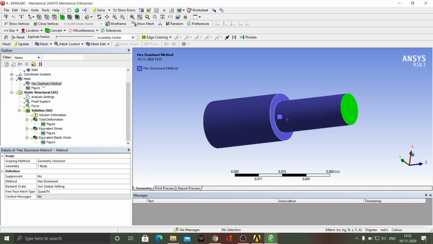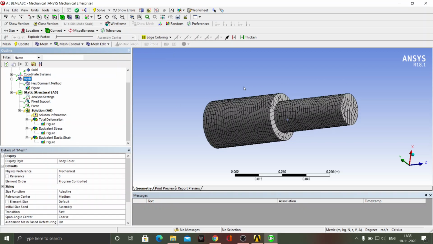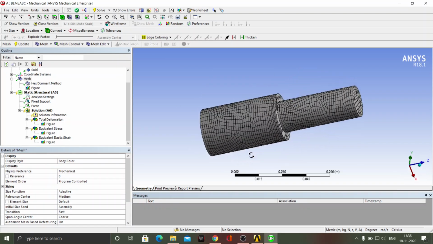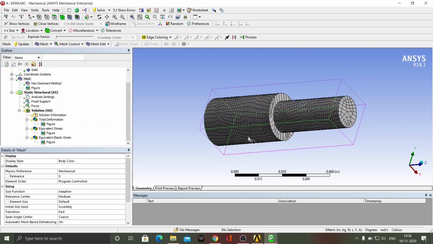So now you will see that if you click on this mesh, the mesh is refined, the number of elements has increased, and it has now converted your triangular elements into hexahedral ones. And now you will again ask it to solve.